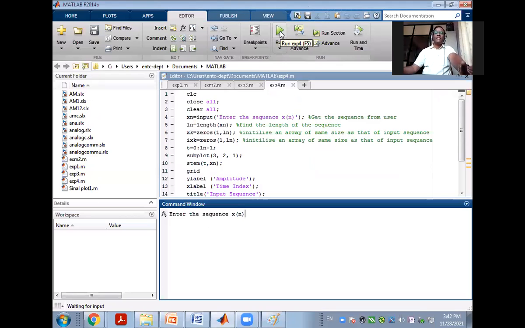So it's asking for a sequence. ठीक है, यहाँ पे sequence आप कोई भी एक DFT का example ले लो and we will check that. कोई example का sequence बताएंगे मुझे अभी DFT का?